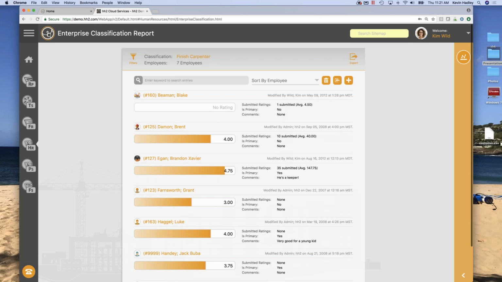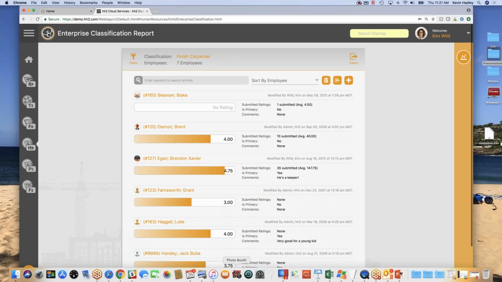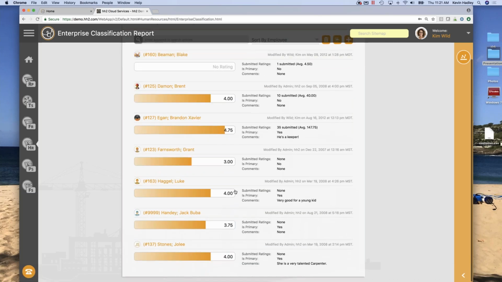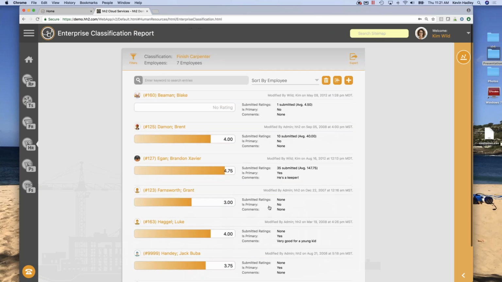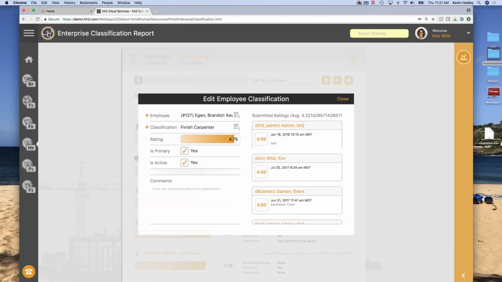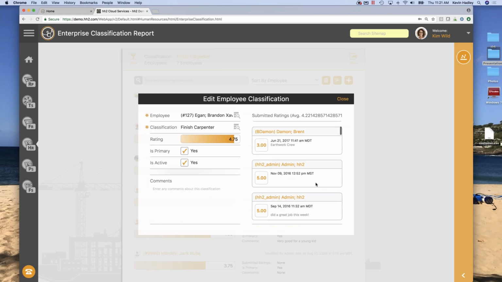Now, you'll also notice these kind of colorful little things here to the side with different ratings or evaluations. If I wanted to, there's 35 submitted ratings for Brandon. We use him a lot in our demo sites. For example, if you've got a guy that goes out in the field and he works for a manager, and that manager really liked that employee, said he did a great job, I'd love to have him on any of the other jobs I have, it's a great place to just rate a manager.